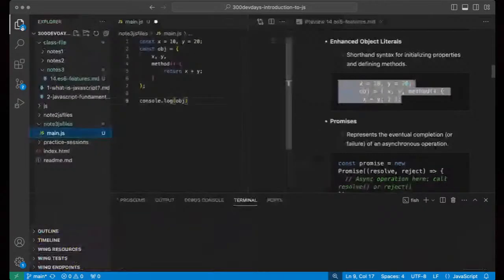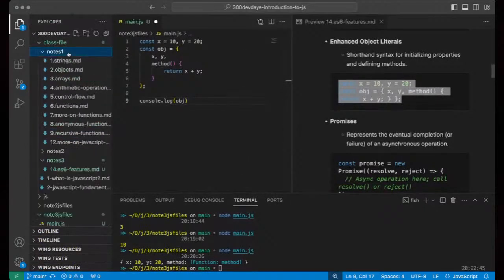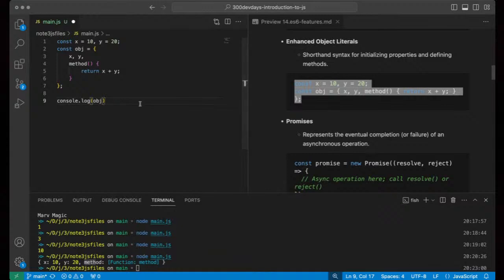I don't know if you're following with this material. I believe if you check note one, then number five here, which is control flow, you would find the for loop, even with the definition and example. Have you done that already, Taiwo? Did you do that already and you're still not getting it? Let me know.